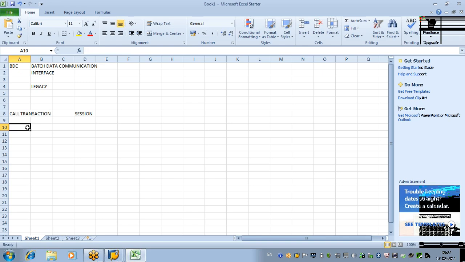Before going for these methods, I want to tell you the general process, what will happen and how you will get the file, how you will upload the record, how you will create the record into the SAP. What are the various steps involved while doing a BDC program. The first step when you are doing a BDC program is get the flat file